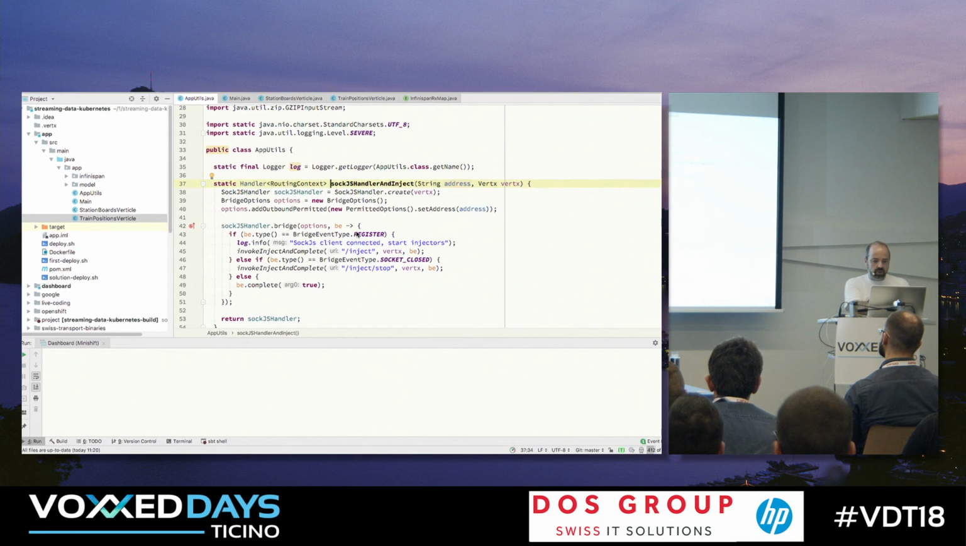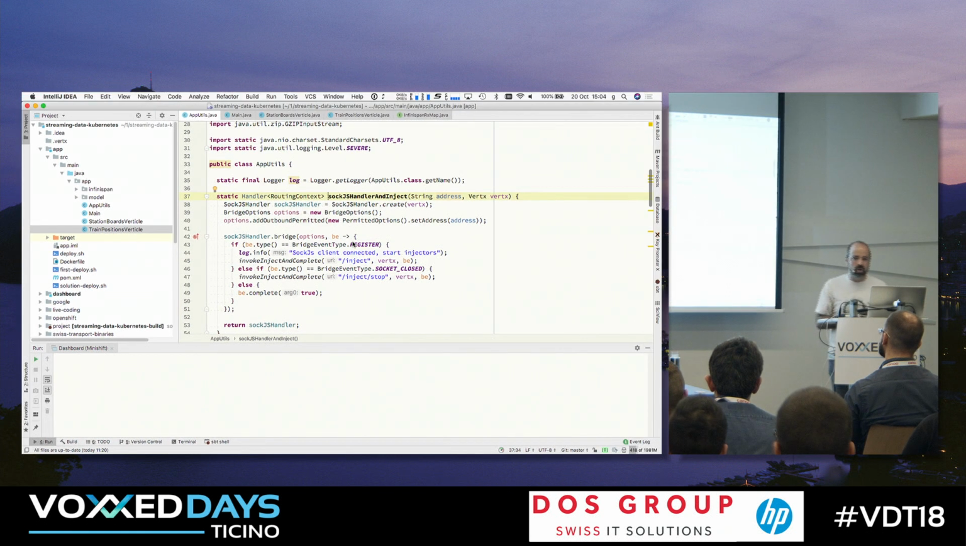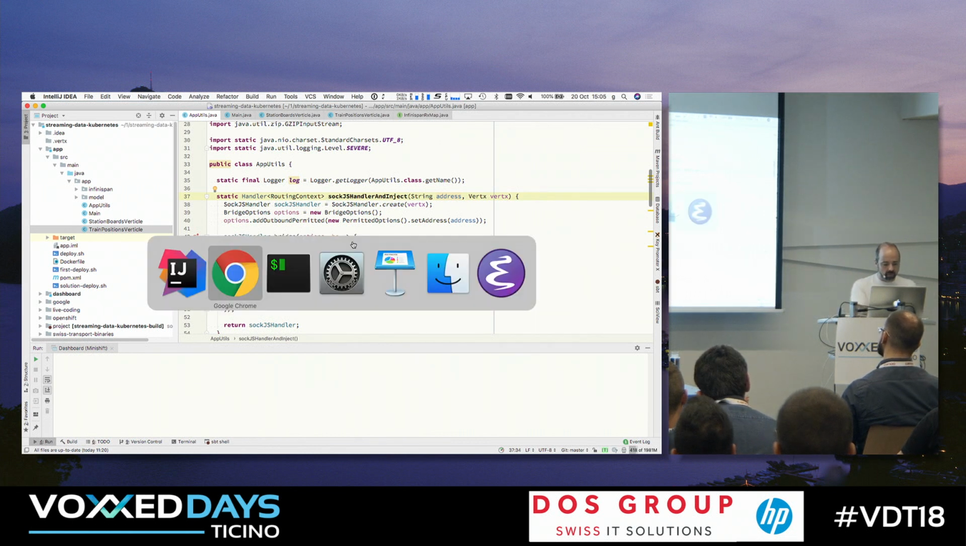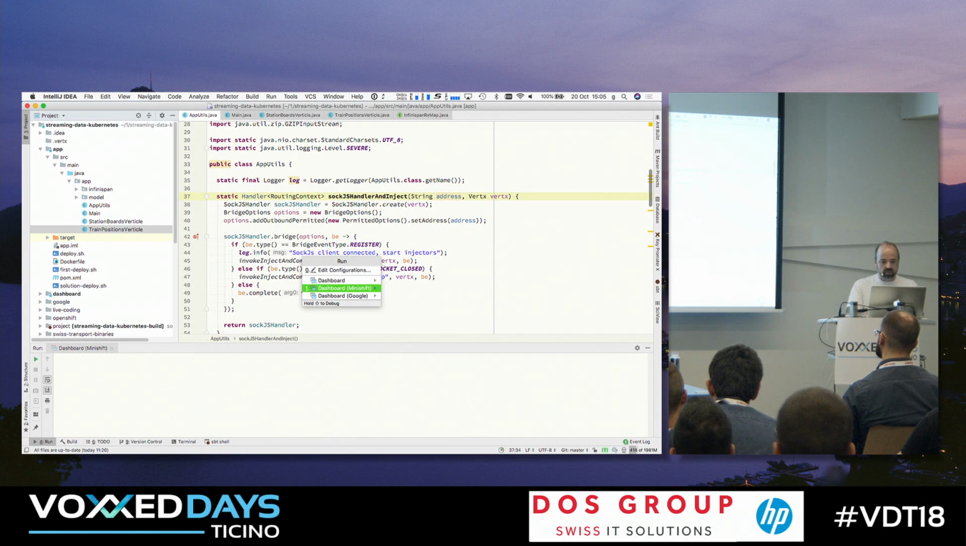For ease of use in my demo, whenever I get a connection from the dashboard, I'm going to re-inject the data. So what we need to do next is start a dashboard, which is my JavaFX application that is going to take that data about delayed trains and show it. So if I run it now,